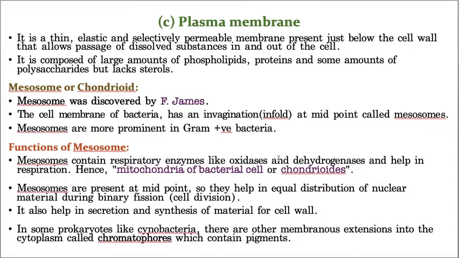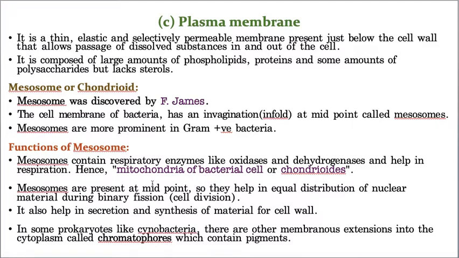That is the reason why the mesosome of the prokaryote is also called the mitochondria of the bacterial cell. Hope you understood. In our body, in our cells, which cell organelle performs respiration? Tell me. Mitochondria. Whereas in prokaryotes, you know, there are no cell organelles. All the cell organelles are absent except ribosomes. Because it doesn't have any cell organelle, it needs some special part for respiration, and that special part is called mesosome. That's why it is called the mitochondria of the bacterial cell. Now you understand?